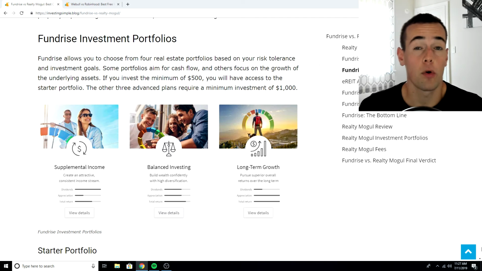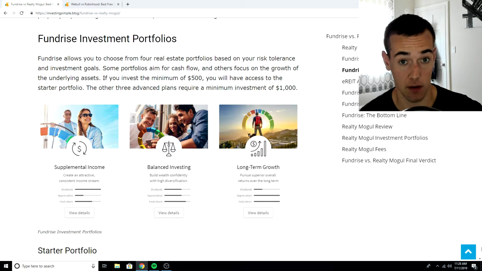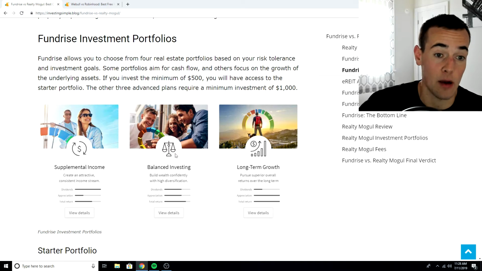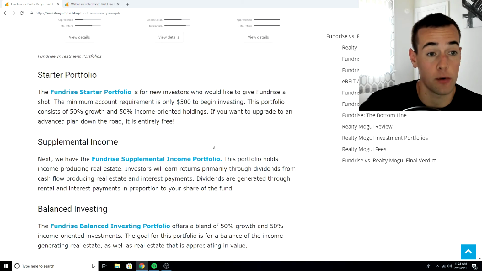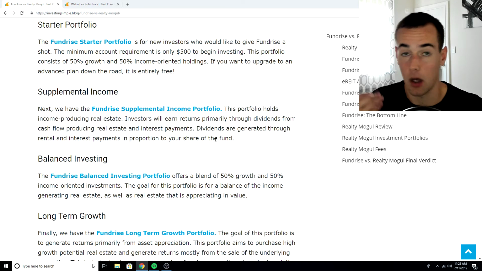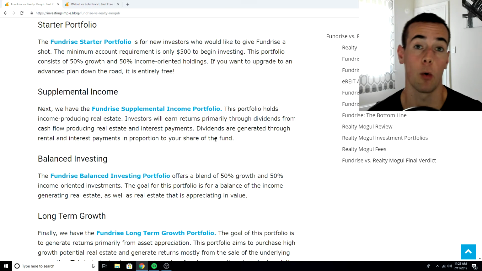So these are the portfolios available to you when you invest with Fundrise. Like I said, the starter portfolio has a minimum balance of just $500 to open it, and the other three have a minimum of $1,000. And the good thing is, if you start with the starter portfolio and then decide you want to upgrade, you can upgrade to an advanced portfolio at any point in time. The starter portfolio is basically identical to the balanced investing plan because it's just a 50% growth, 50% income-oriented